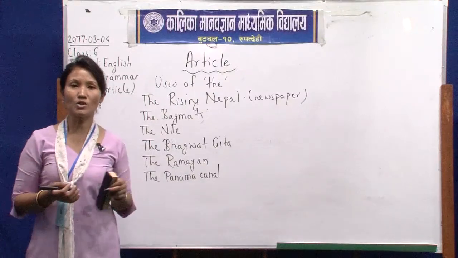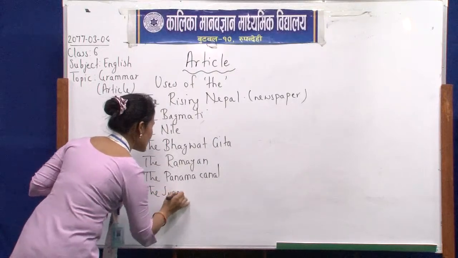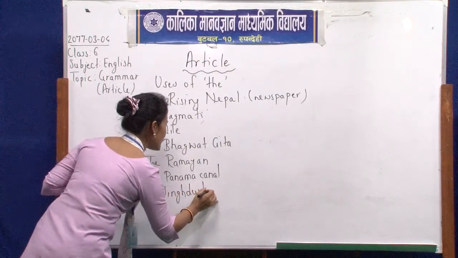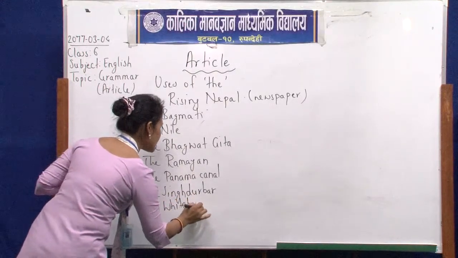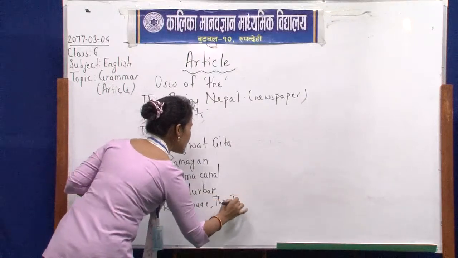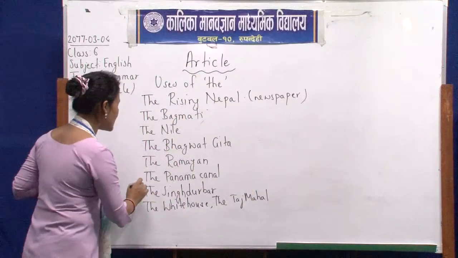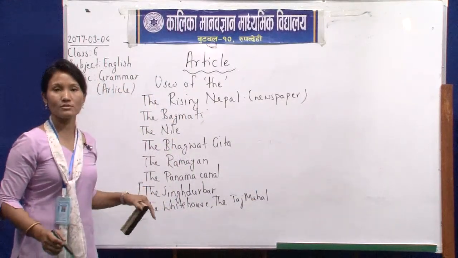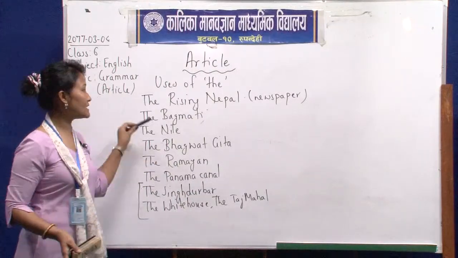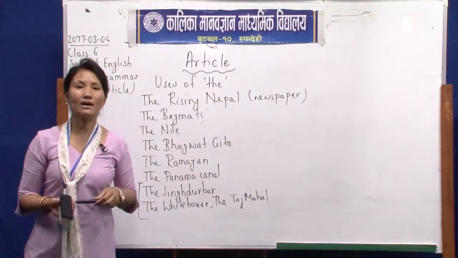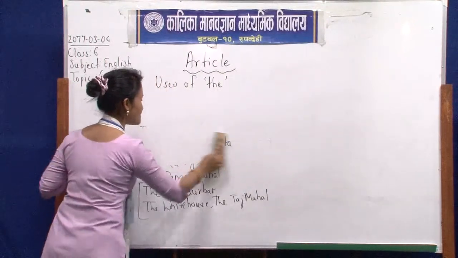Likewise, famous monuments or famous buildings like the Singh Darbar, the White House, the Taj Mahal. They are famous monuments or famous buildings, right? So they also take which article? The article. You need to keep this in mind. This is one more use of the article. Now we will go to the next use of the article,